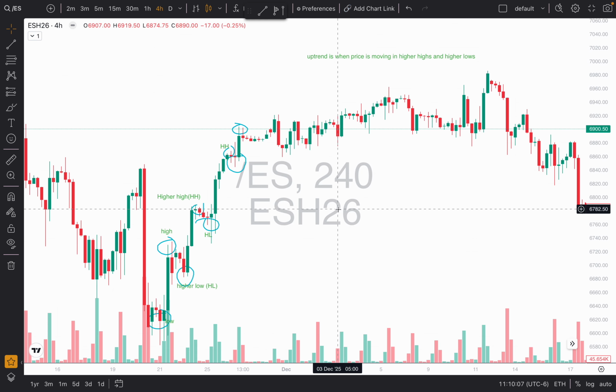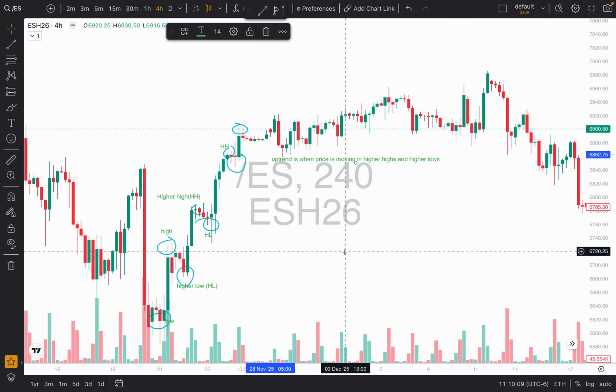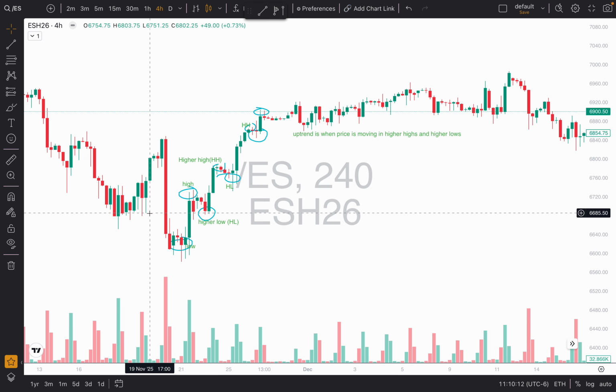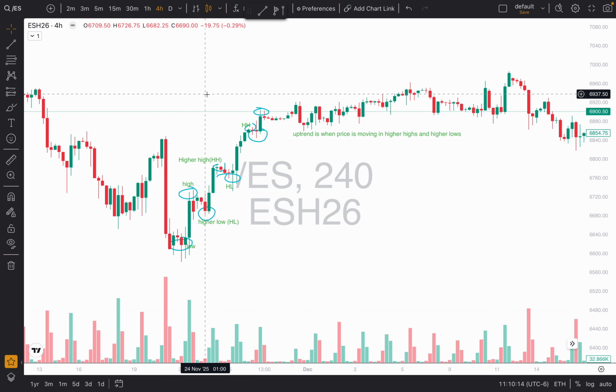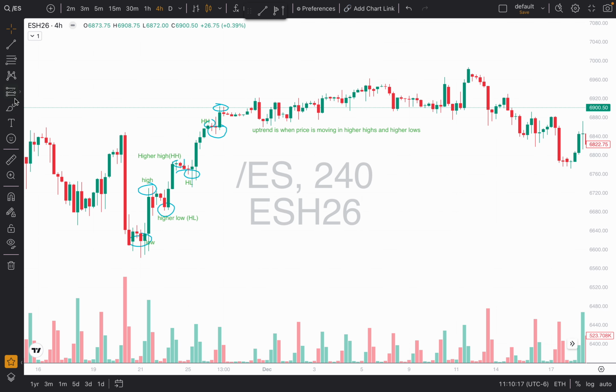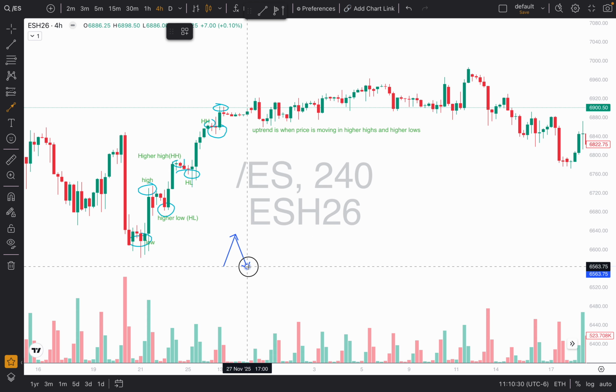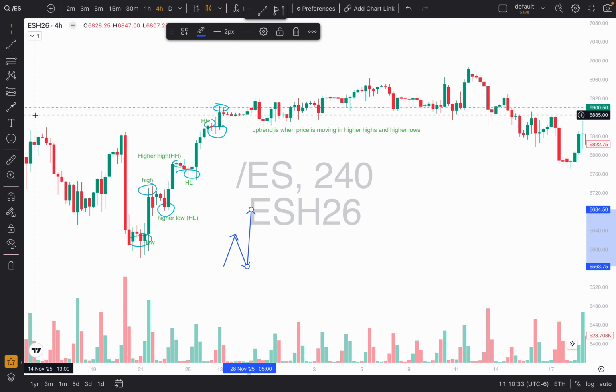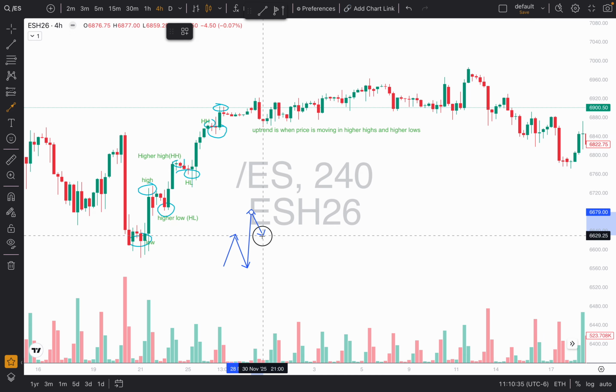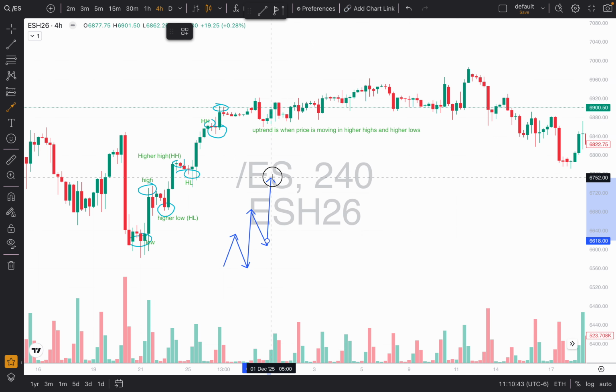But yes, for this uptrend, this is what an uptrend would look like, and I could draw a visual out for you guys for the ones who do want to take notes. We could do the arrows how we did last time. An uptrend would be when price moves upwards. We have a high. Let's make us a full high. Boom. And then we have a higher high. Not only do we have a higher high, we have a higher low. Oh, crap. A higher low. Boom. Now we have a higher high